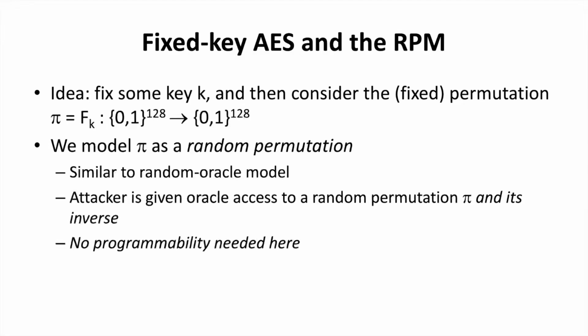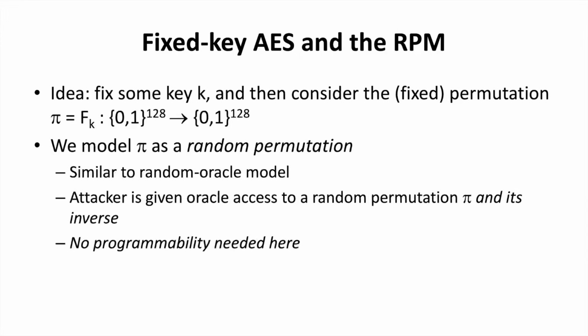So this kind of random permutation model is similar to the random oracle model, where the adversary is given access to the oracle. Note that in the random permutation model, the adversary has access to the permutation, but also the inverse of the permutation. So it's not a one-way permutation, but really just a public function where everybody has access to both ways of the permutation. In our paper, we only need a non-programmable version of the random permutation, and this turns